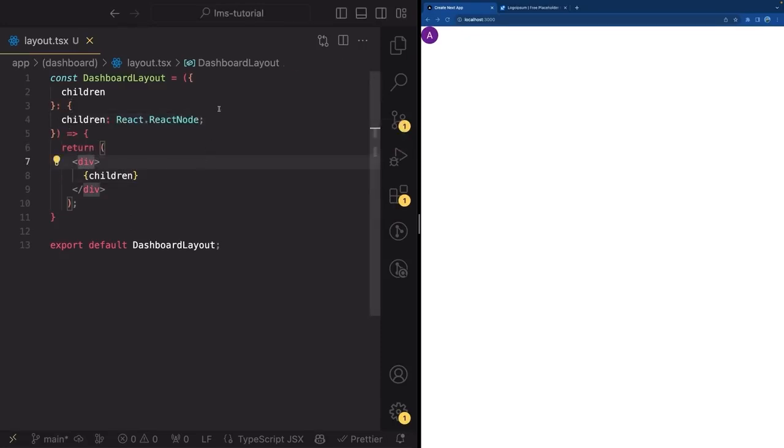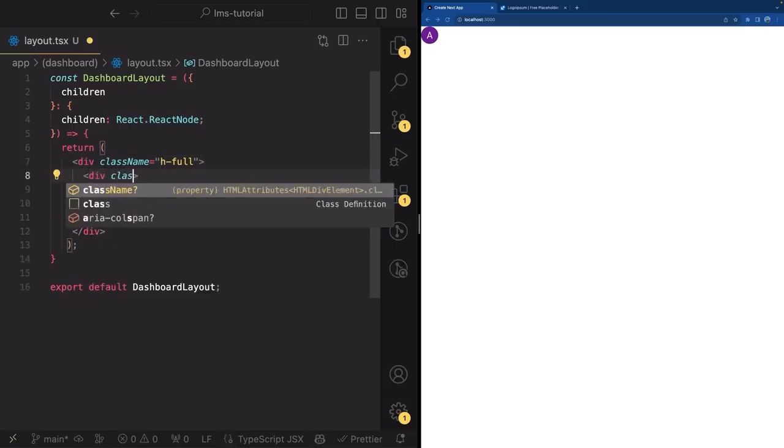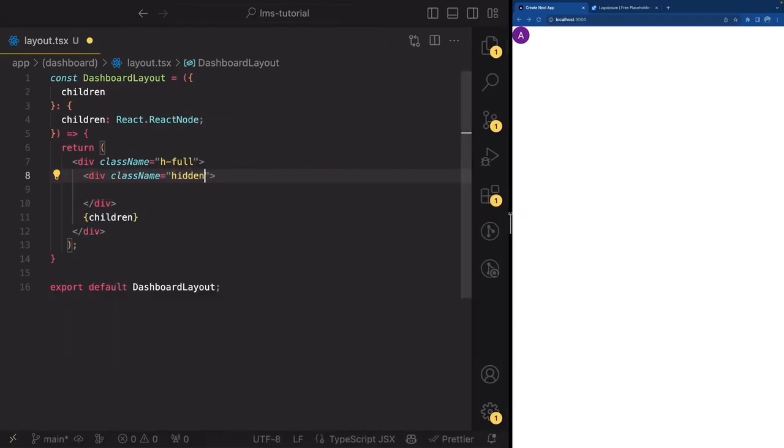So let's give this wrapping div a class name of h-full like this. Now let's create our sidebar. So I'm going to create a div like this with a class name of hidden. So hidden is going to be only on small devices, right? As you can see, when I